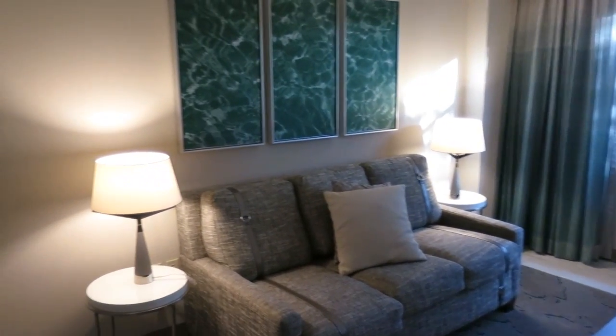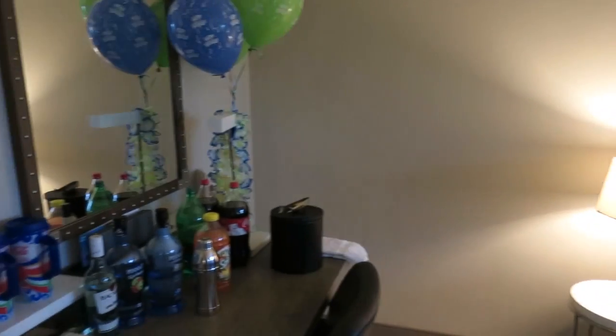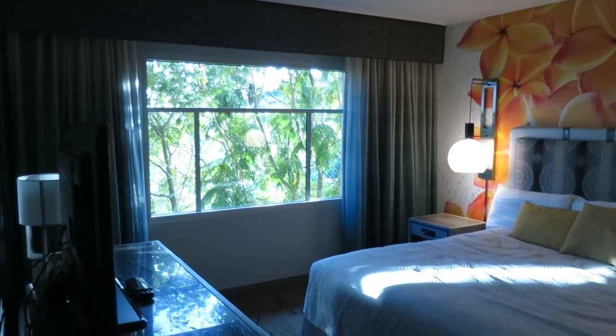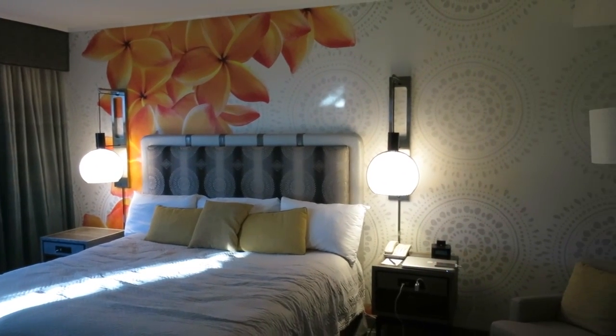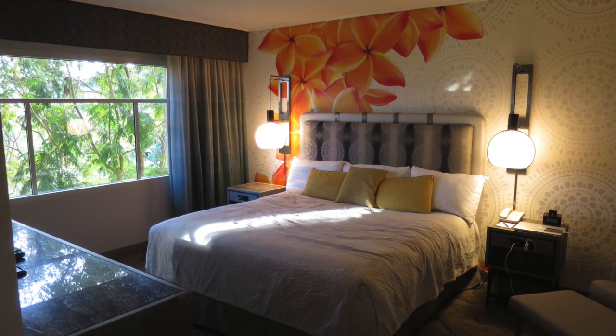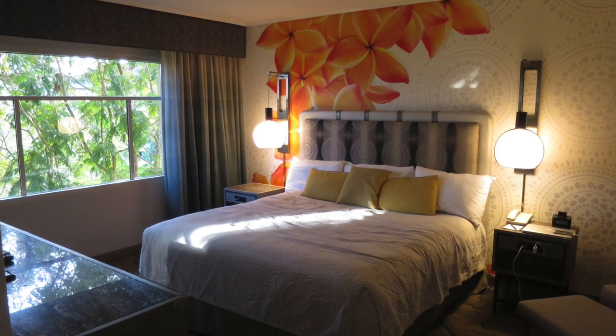It's not too much at first, and again, when I looked at the pictures of it online, I was like, this seems like a lot going on here. It might be a little too distracting, but when you're in the room, it's actually very relaxing, very nice, very modern. And our view was not of the parks or of the pool because we went for the suite,